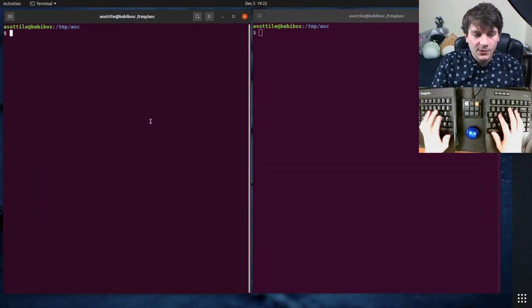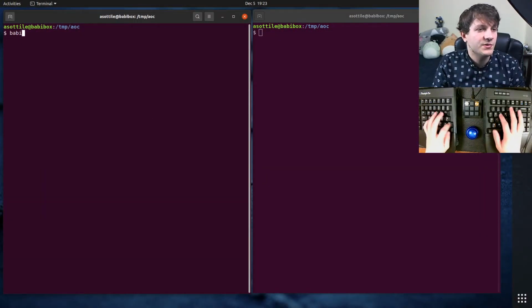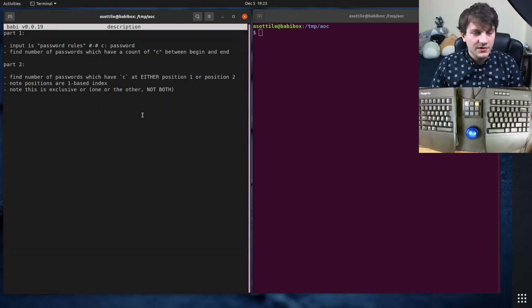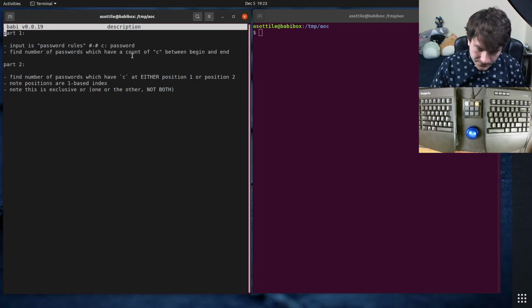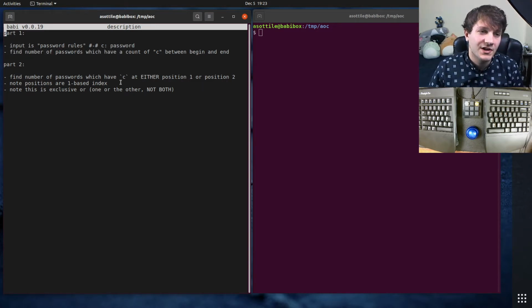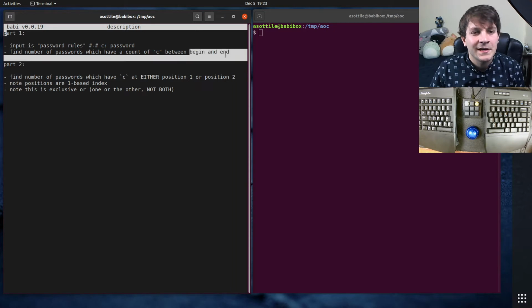So again, we're going to start with a simplified version of the description. The input is a series of password rules, which have a number, a dash, a number, followed by a character, and then a password. The puzzle for part 1 is to find the number of passwords which have a count of that character between the first number and the second number, which I called beginning and